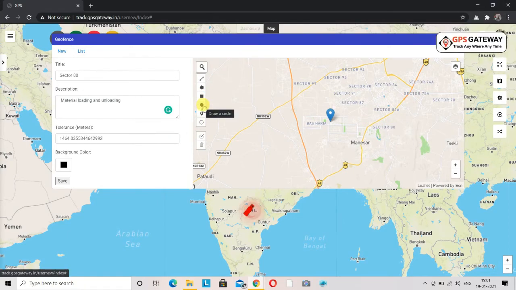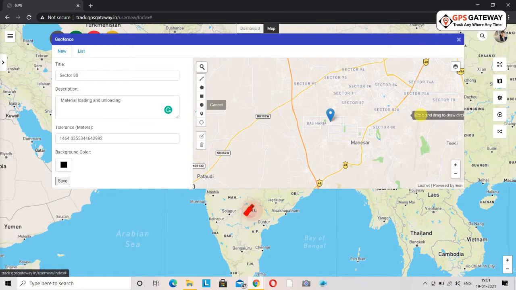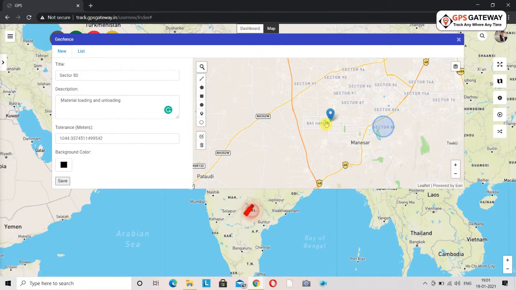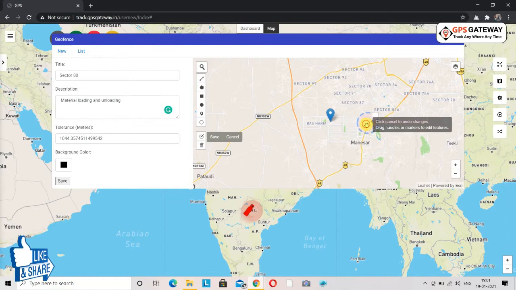Next geofencing option is circle. A circle geofence does not have a side, so this geofence is made around a definite point like this. If you want to change the center of the geofence on the map, then you can do so. For that, you will have to click on Edit Layers. Upon clicking, you can see that your drawn geofence can be seen on screen. Now you can also change the center of this geofence. If you want to change the size of the geofence, you can do that also.